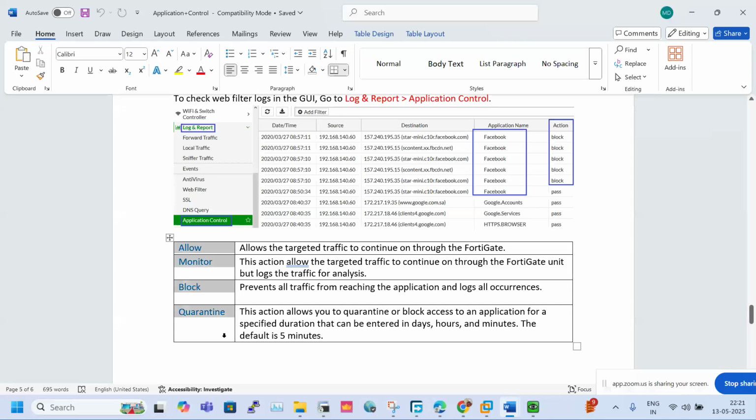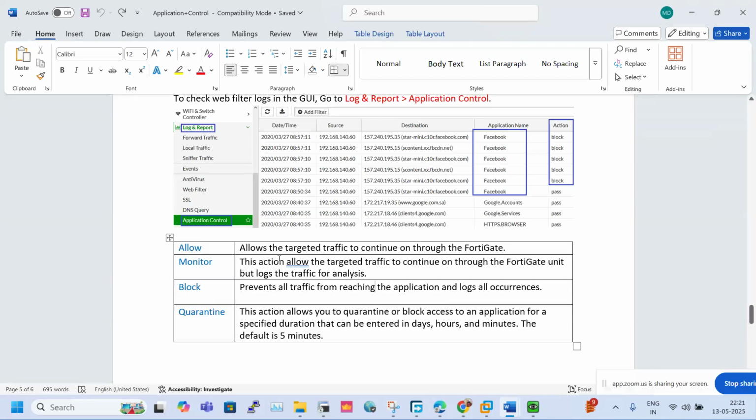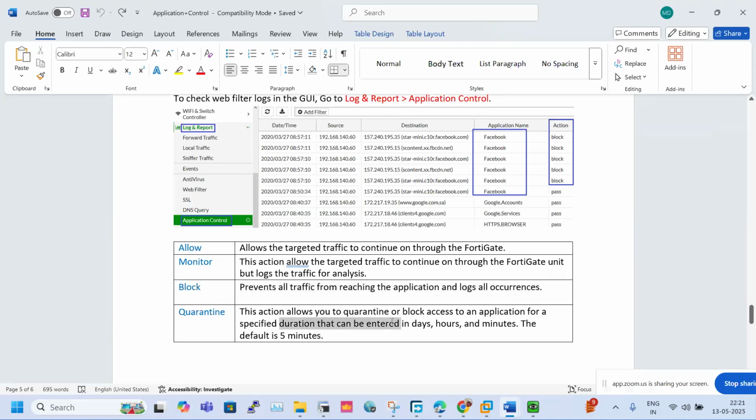Okay, so here also we have four options, right? Allow will allow the traffic from the FortiGate. Monitor will allow and log it, right? Allow the traffic and logs the traffic, right? Block means it will deny the traffic, and quarantine means